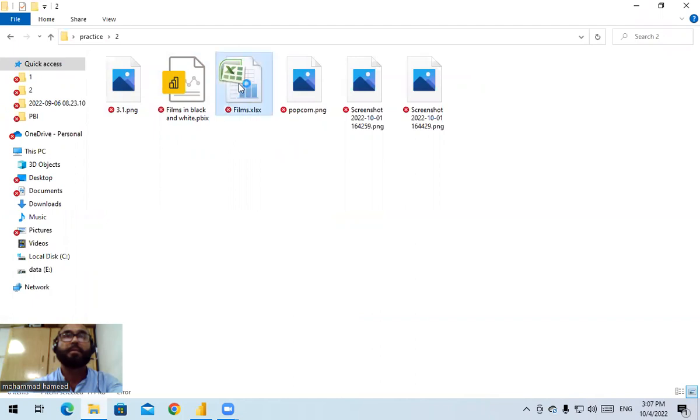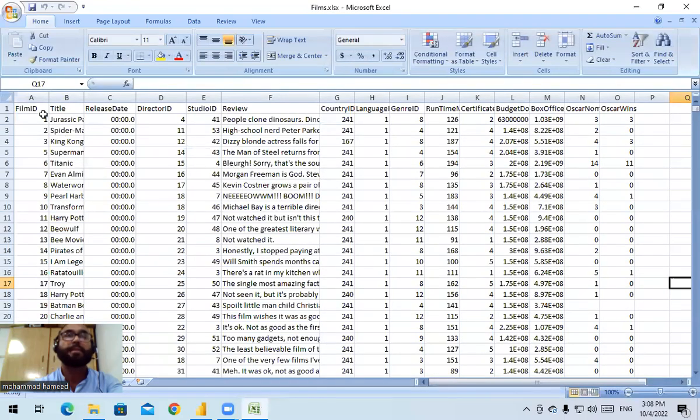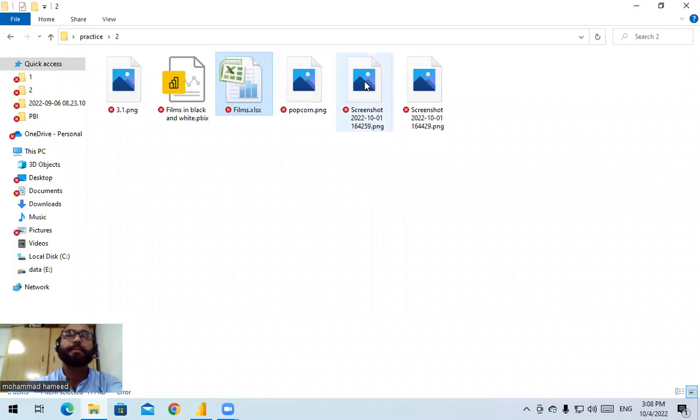this is an Excel file with us, a workbook of Excel having column names: film ID, title, release date, director ID, studio ID, review, country ID, language, genre ID, runtime, minute, certificate, budget, etc. These are the columns in this workbook. We have to upload this one, and next